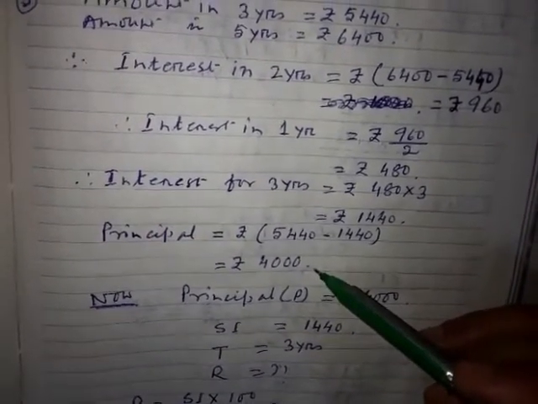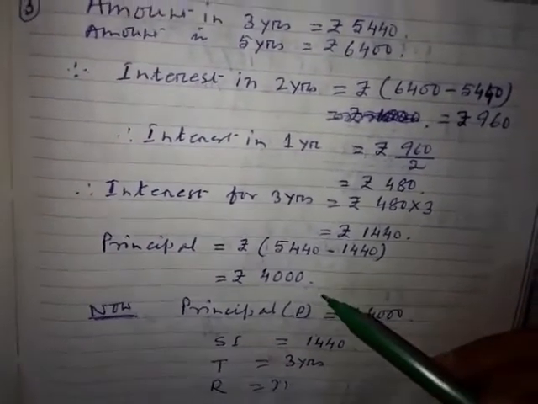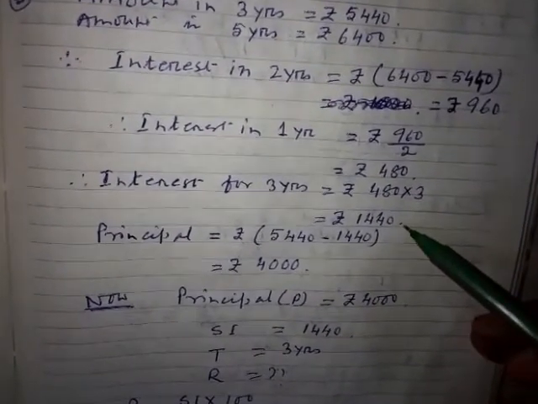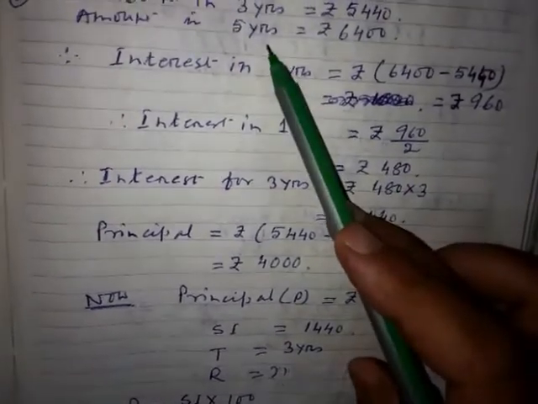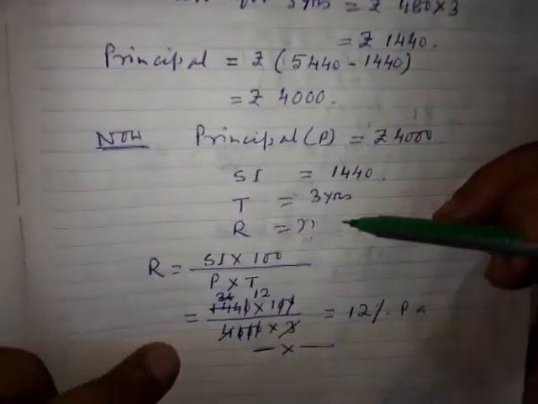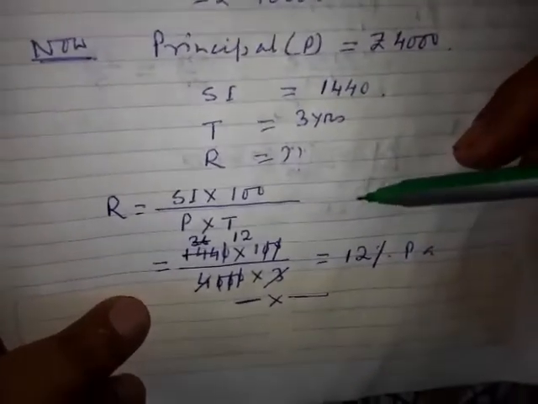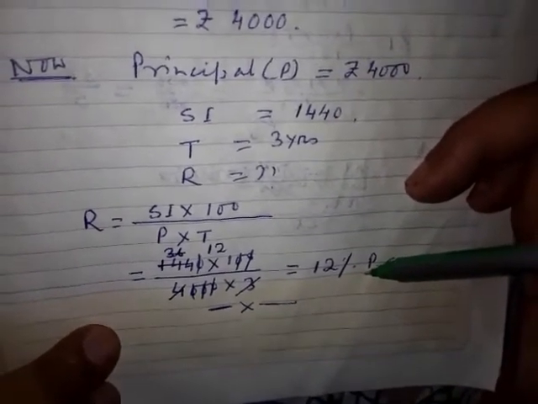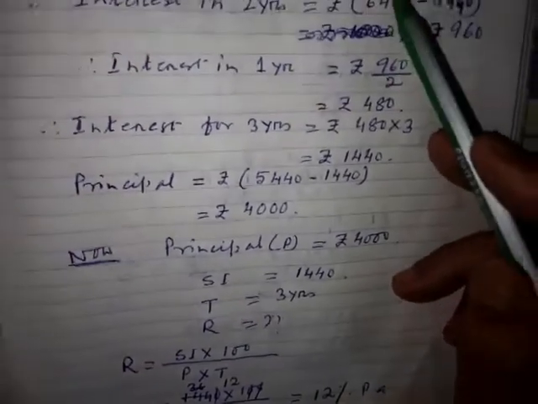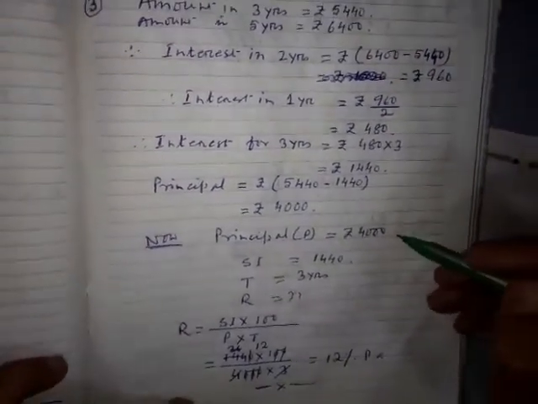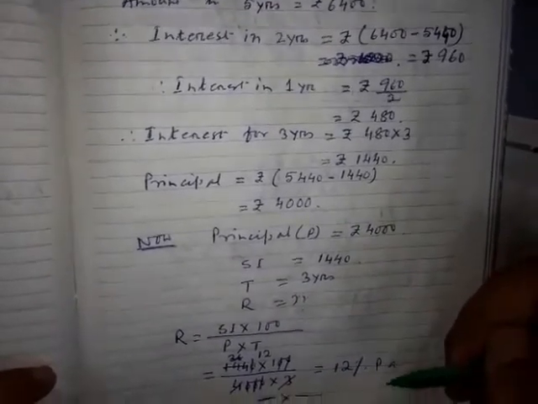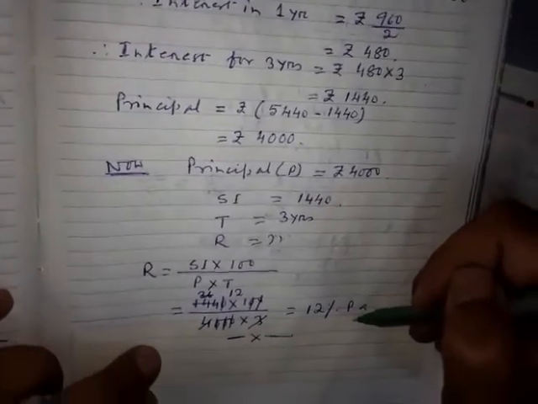Principal will definitely come the same in both the cases. Now you know the principal. You know the interest here by multiplying it by 5, and you know the time. What is the time? 5 years. Will you be able to find out the rate or not? There also if you calculate it, you will get the same rate. If you have time, you can check it by putting the value in the second case. You will see the answer will be the same. Principal will also come 4,000 and the rate will also come 12%.